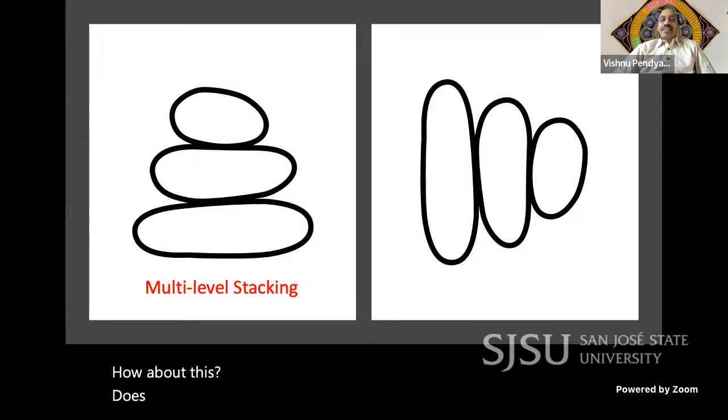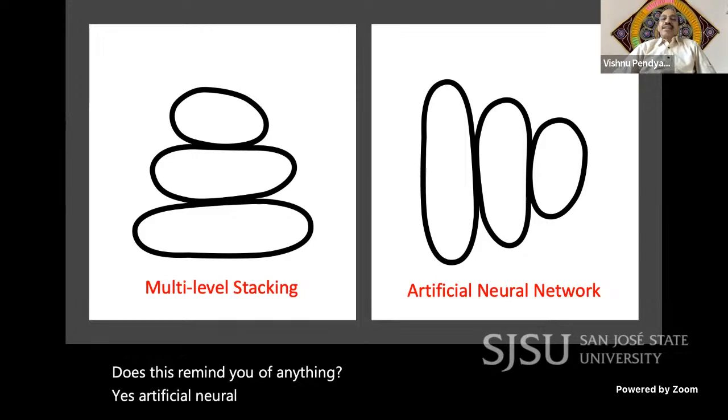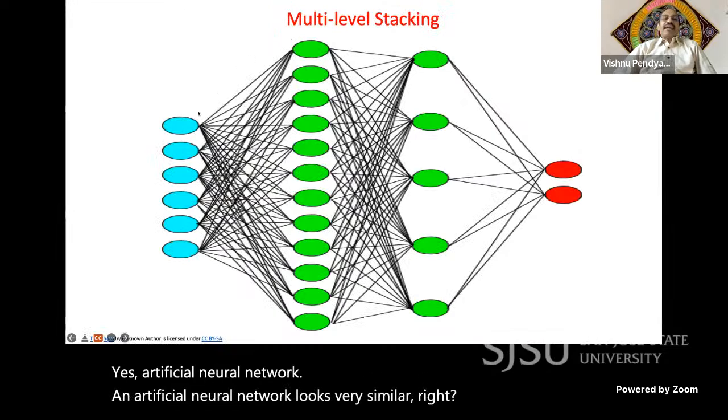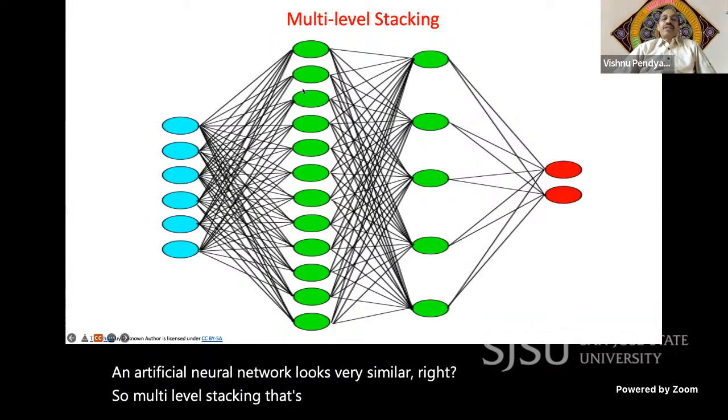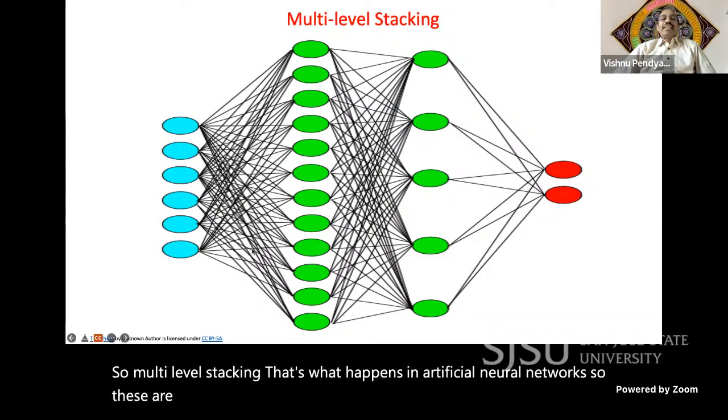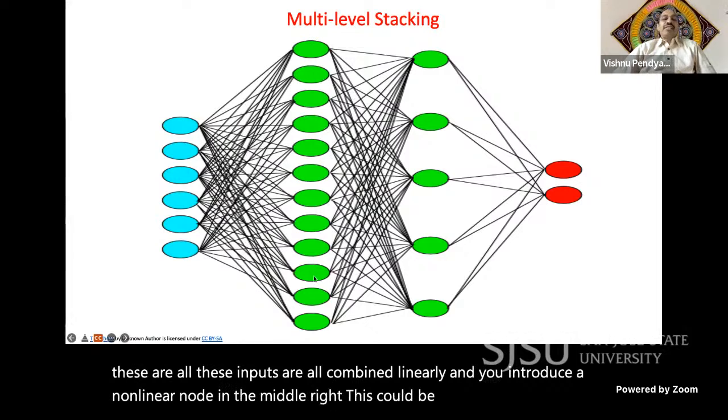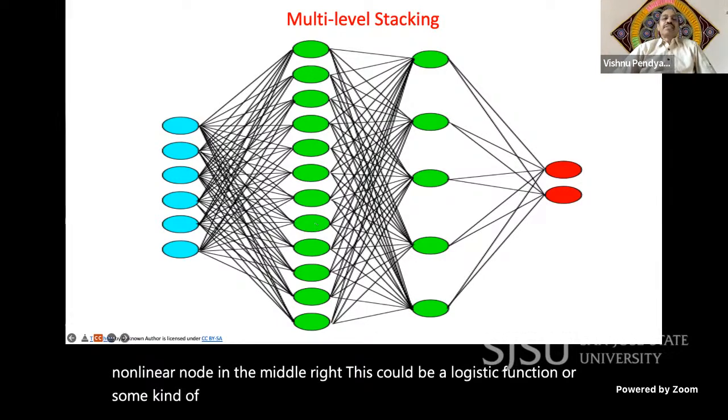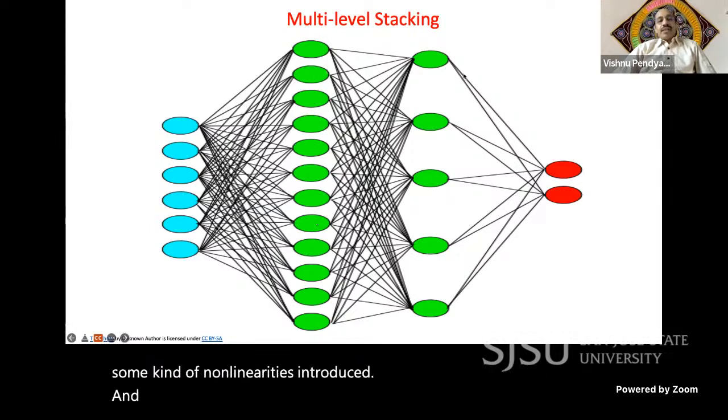Does this remind you of anything? Yes, artificial neural network. An artificial neural network looks very similar, right? So multi-level stacking, that's what happens in artificial neural networks. These inputs are all combined linearly, and you introduce a non-linear node in the middle, right? This could be a logistic function, or some kind of non-linearity is introduced. And then there's another layer of